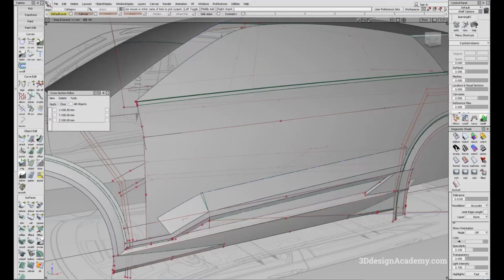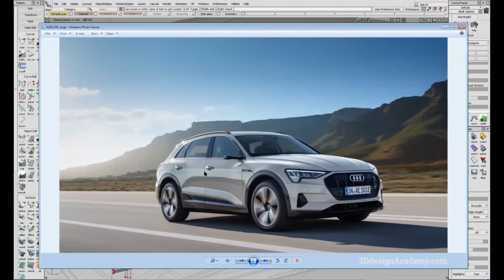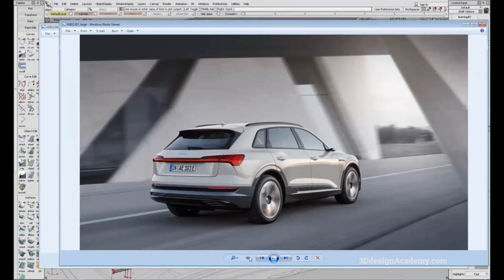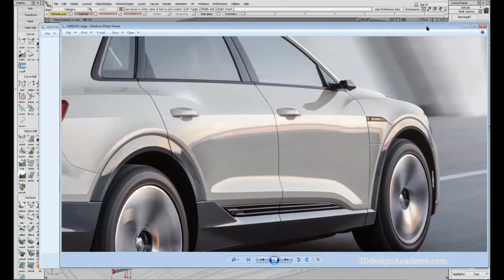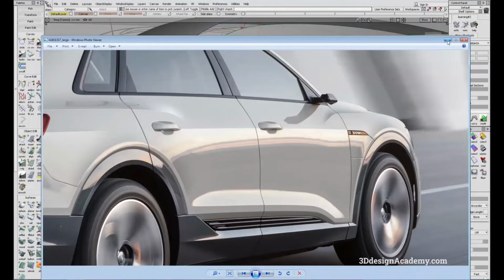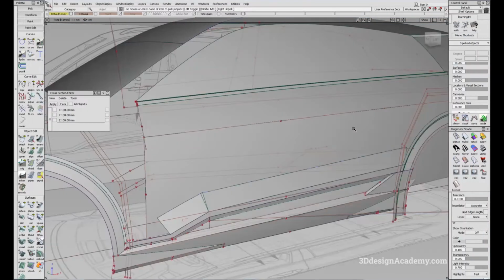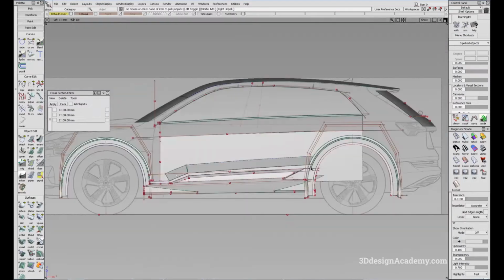So if you see this image right here, you'll see that the body side has a little bit of crown. And let's see if I can get something a little bit better. And if you zoom in on this image, you'll be able to see that there's, I guess, a flat fillet and a flat. So I think what I'm going to do is divide the surface into two sections. Okay, so I'm just going to turn this off, move this to the side. So what I'm going to do